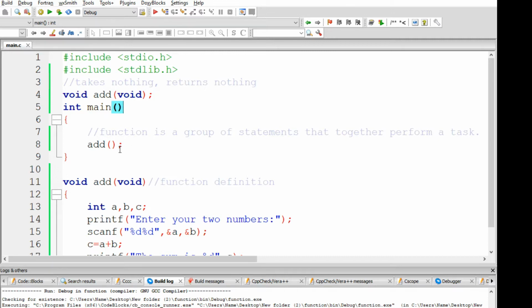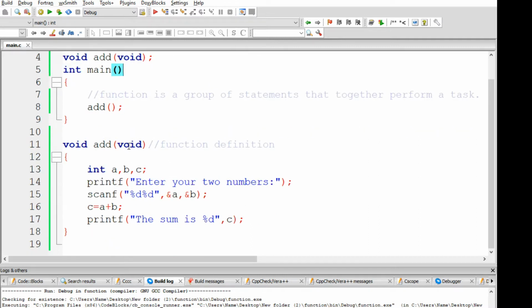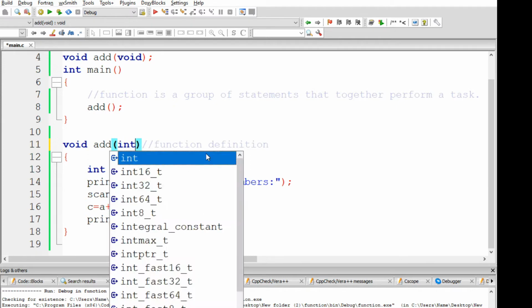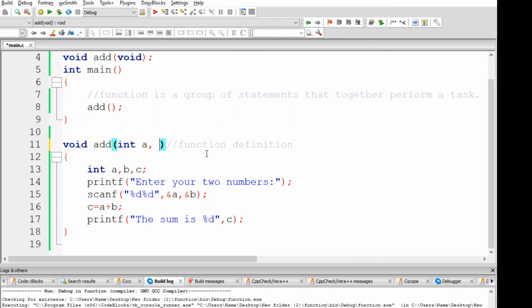So here, when we wrote this, void will be the same, but here integer will be changed because it takes something. When we say add integer A, integer B, this is the function definition again. We just put integer A, integer B. We have return, takes something, it takes something. So this part, enter two numbers, will be